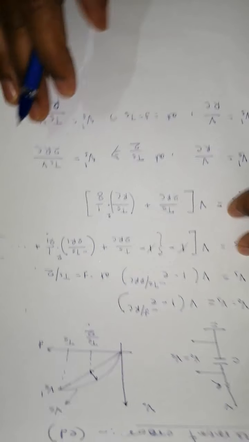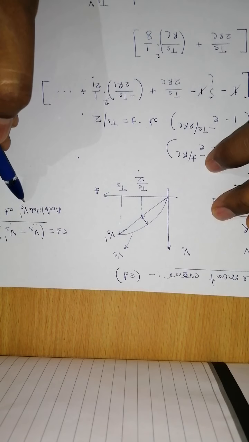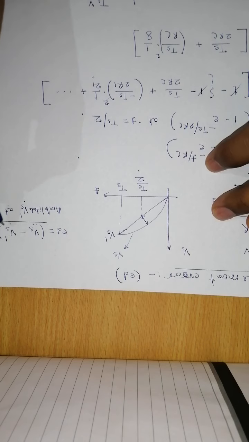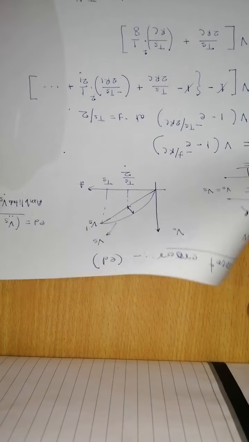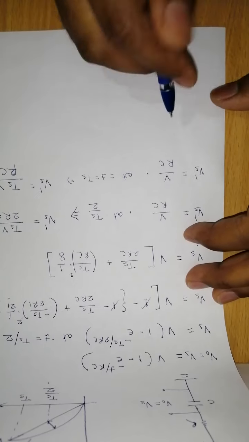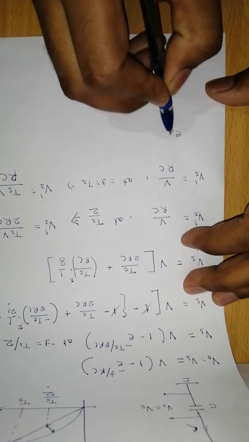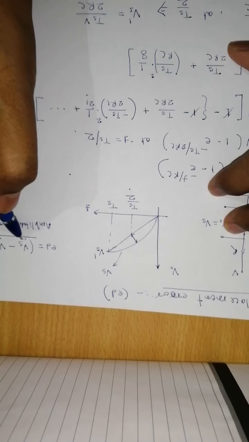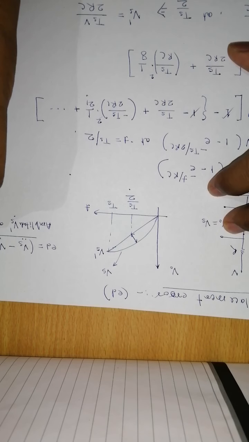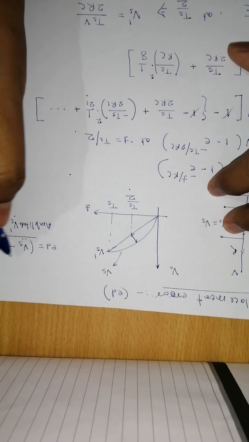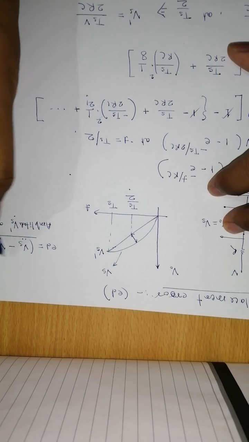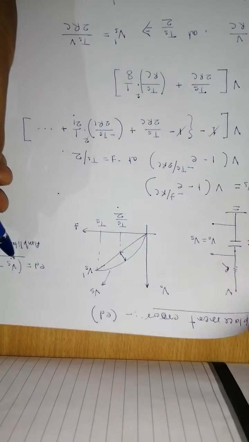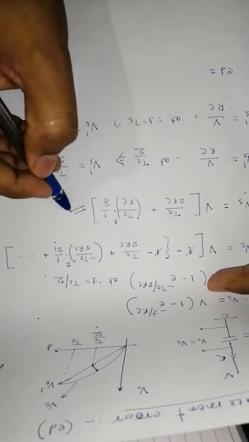Why am I calculating this? Because I also need the amplitude of Vs dash at Ts, and this Vs dash is at Ts by 2. So everything I have calculated. Now we have to put the values in this formula. So the ED is what? Vs maximum difference we are getting at Ts by 2. So we are interested to calculate both these quantities at Ts by 2. This Vs we have already calculated at Ts by 2, this one.